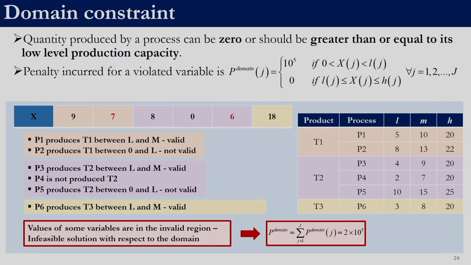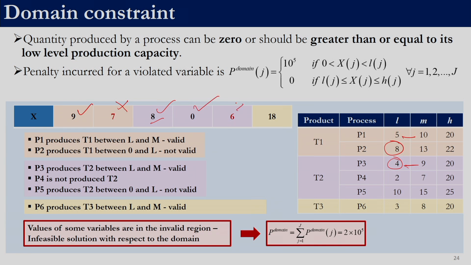In this case, 9 is permissible, because 9 is here. 7 is not permissible because 8 is the minimum. So 8, this is permissible. Minimum is 4, and 0 is anyway permissible.